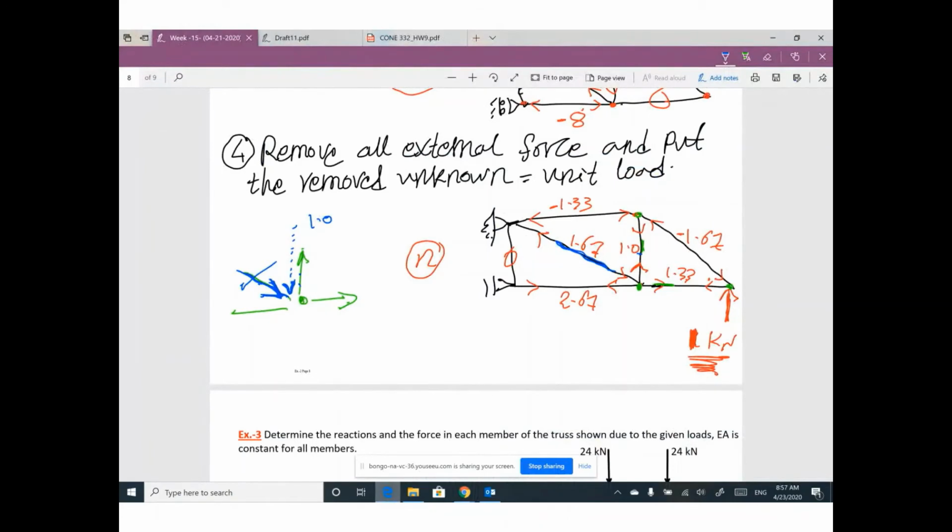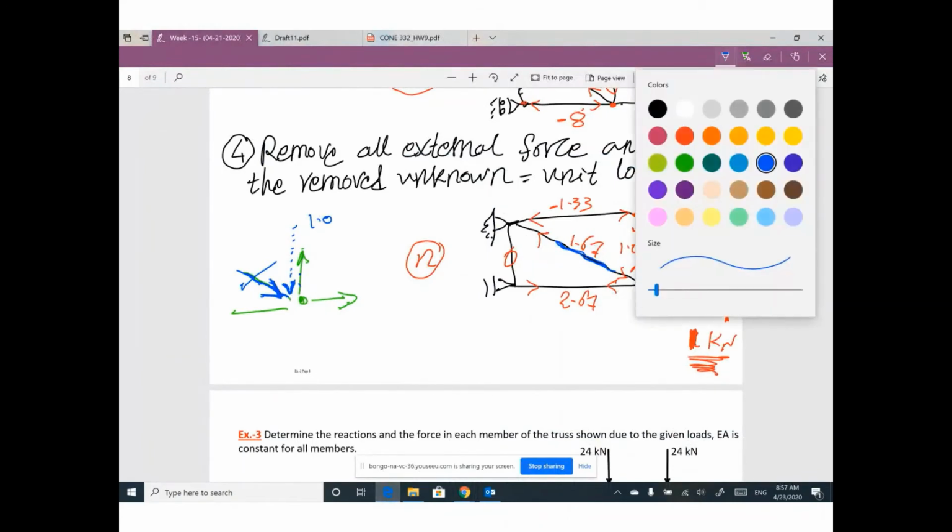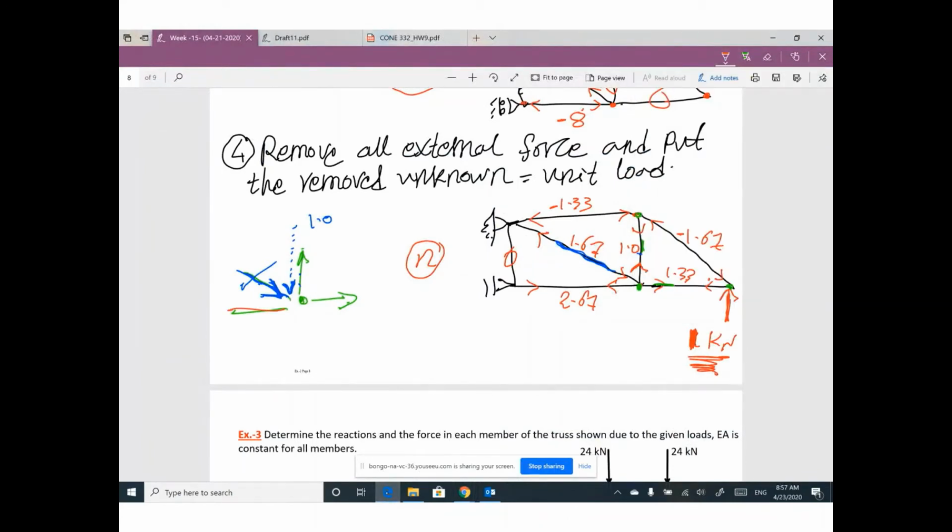Okay, if you are trying to search what is the direction for this member, we have this one in this direction, and this member, the horizontal component will be in this direction also. That means this member will be in the opposite direction, which is tension. Okay? Anyway,